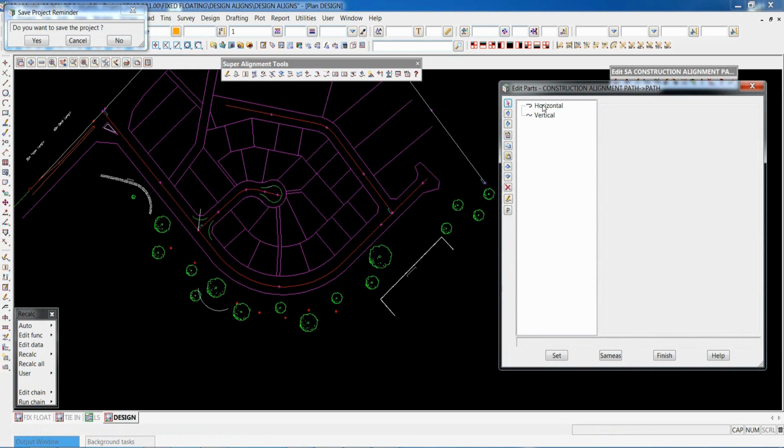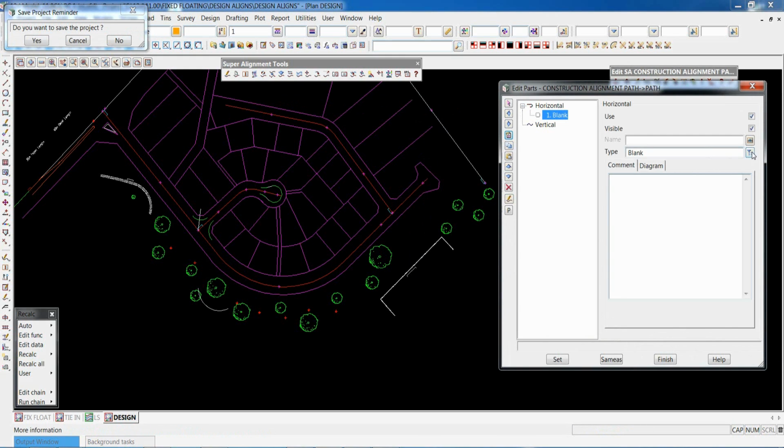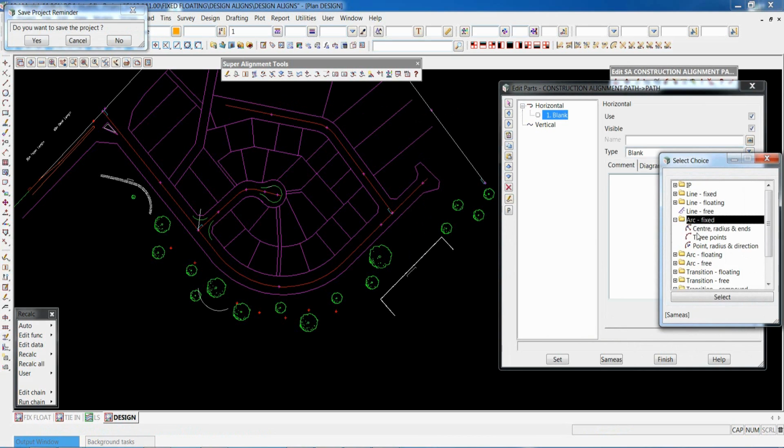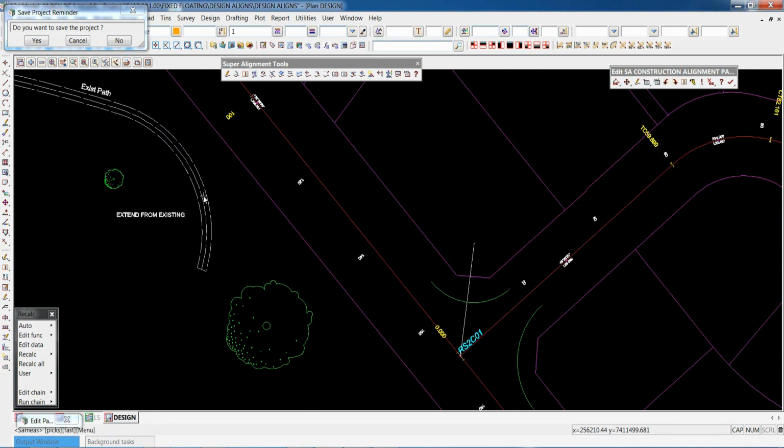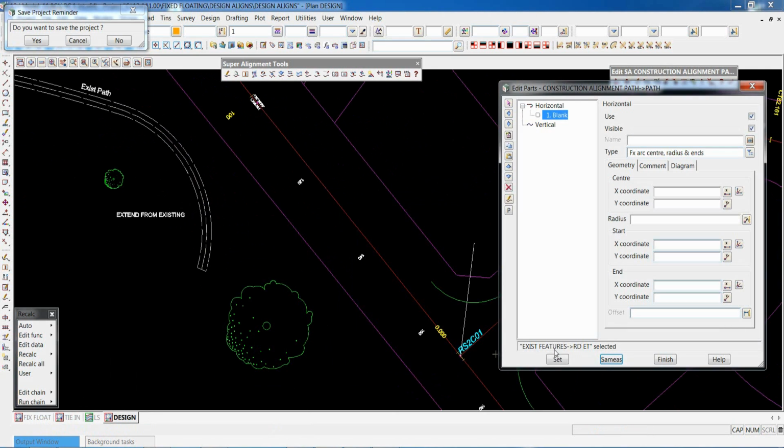So basically we go to the horizontal, and it's just a matter of starting. You don't necessarily have to reference this with Computate, because it's something that's built out in the field. It exists, so it's not going to move at any time. So we just go fixed arc, use the same as button, zoom in here, pick the direction, pick up that center line and go set.